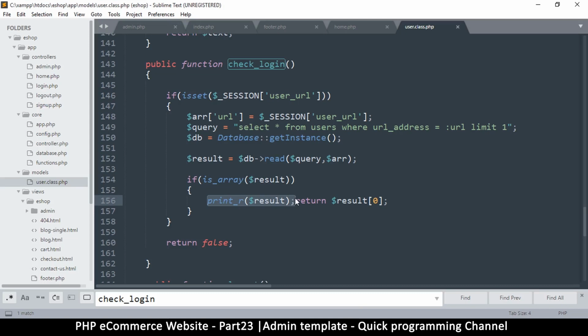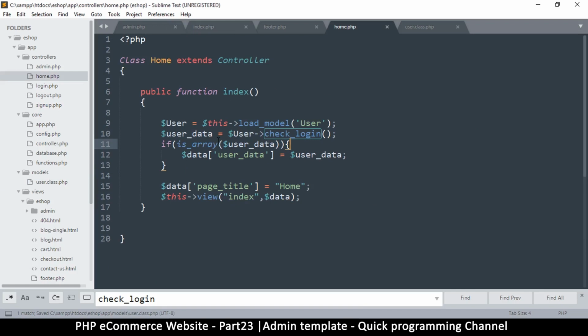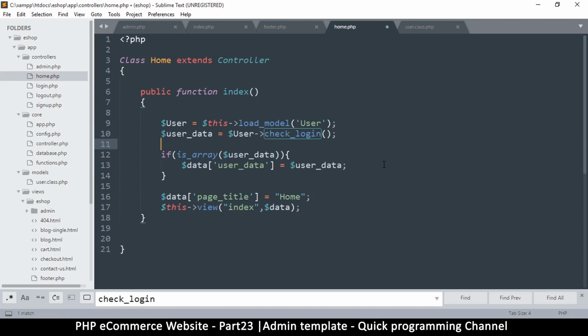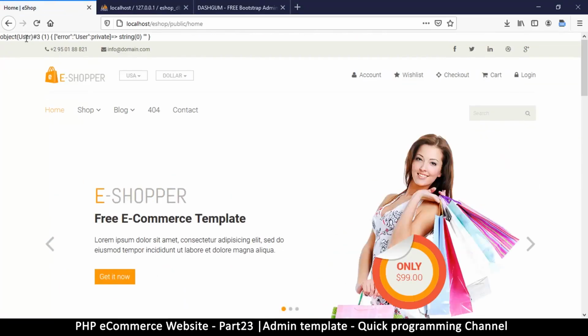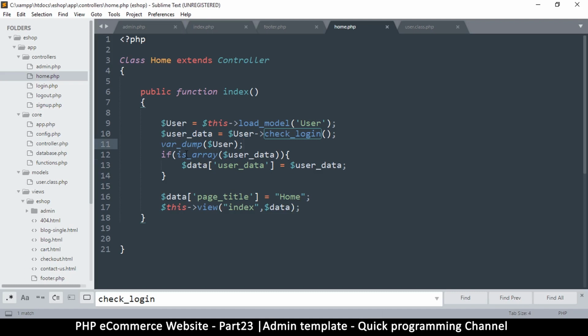Nothing has changed, so it's working. And then let's go to the home page here. So maybe the user class is not actually being loaded. So let's do a quick var dump here of the user class just to be assured that the class actually works. Okay, so user class, and it's actually working. So if it's array user data,